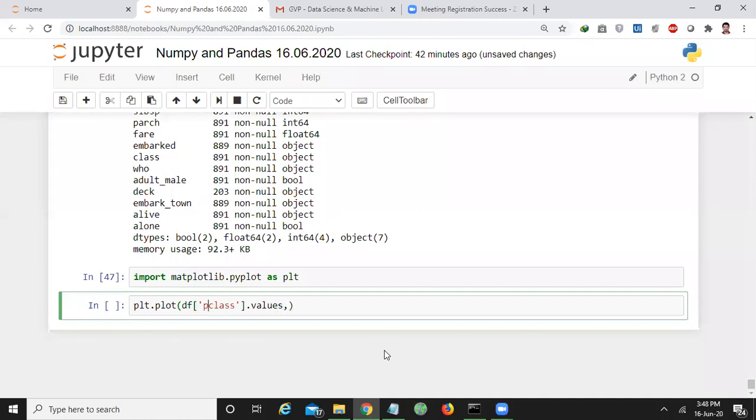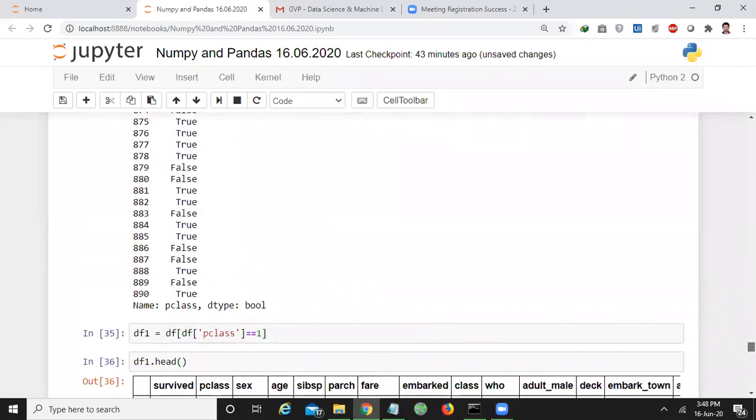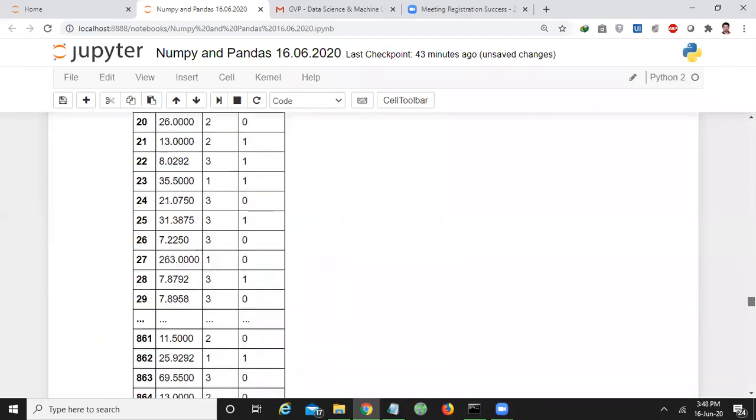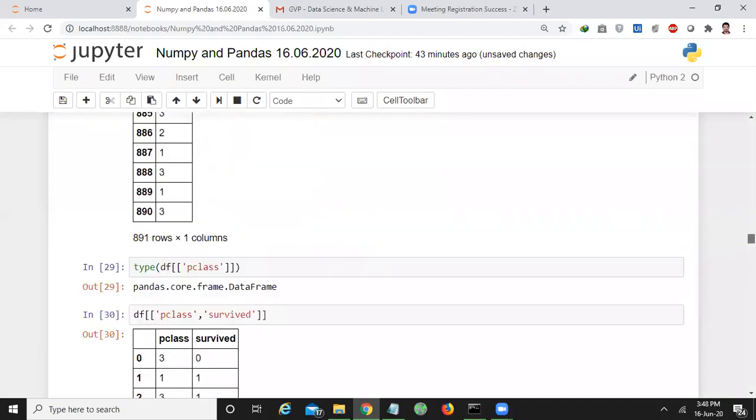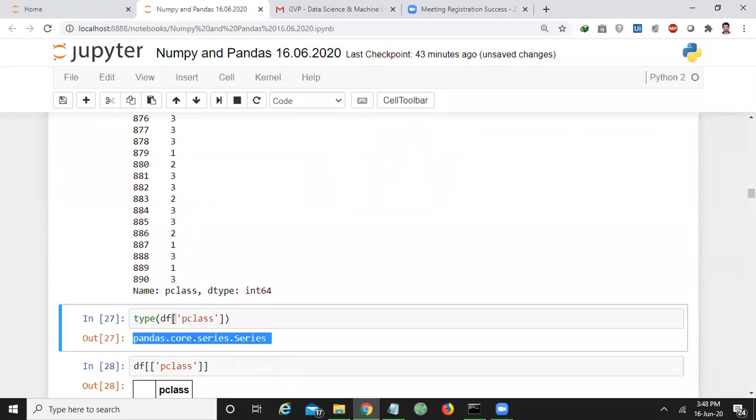Okay. You may get a doubt: sir, what is df of P class dot values? I hope all of you know, what is the type of df of P class? It is a series, right? We have already seen it here. df of P class is a series.